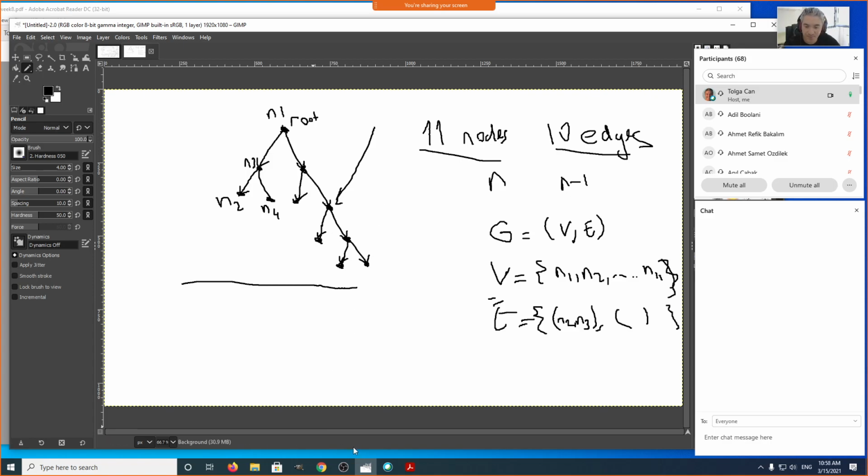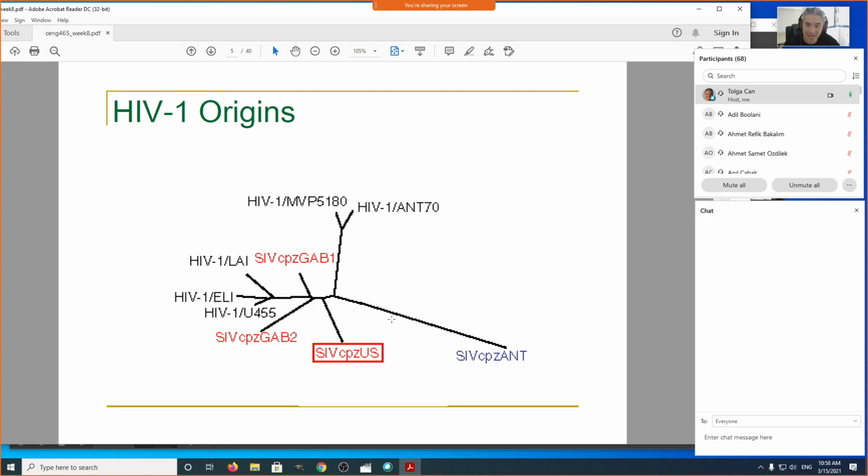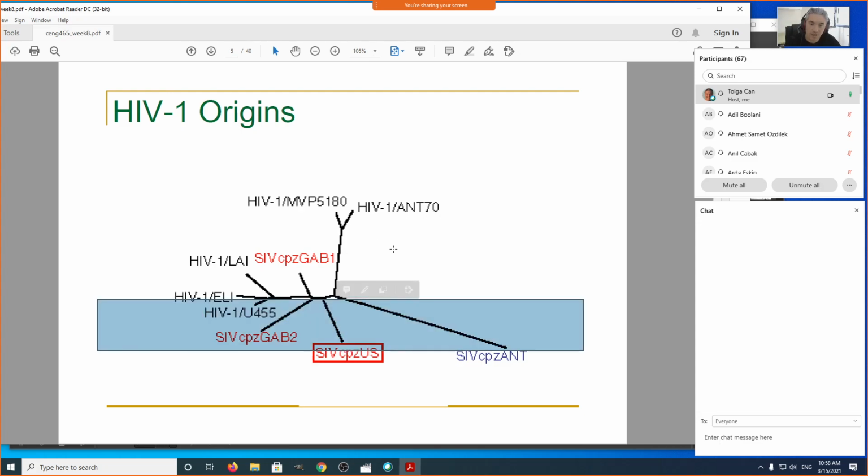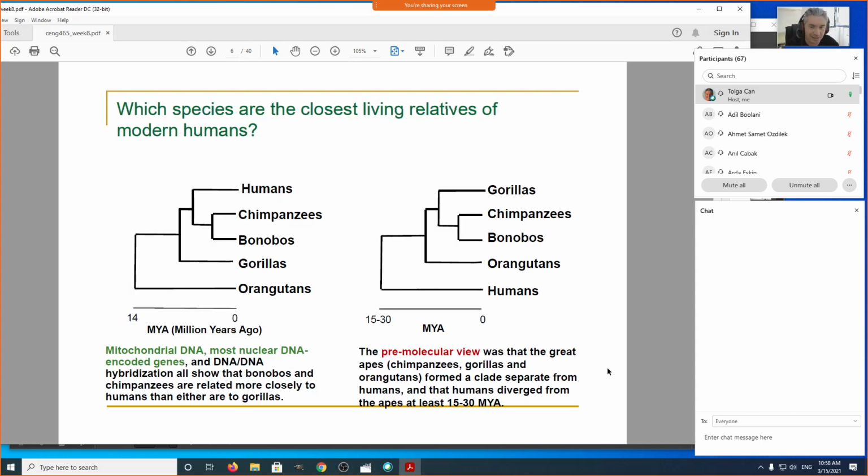So basically, we can have unrooted trees like this, and any node here may be the root. In that case, it's not going to be a binary tree if you make this one root node, because there will be 3 intermediate nodes going out of it. But any leaf node here could be made a root node easily, and these branches will be the intermediate nodes. So there may be trees that are rooted, unrooted, but my main goal here in this class is to talk